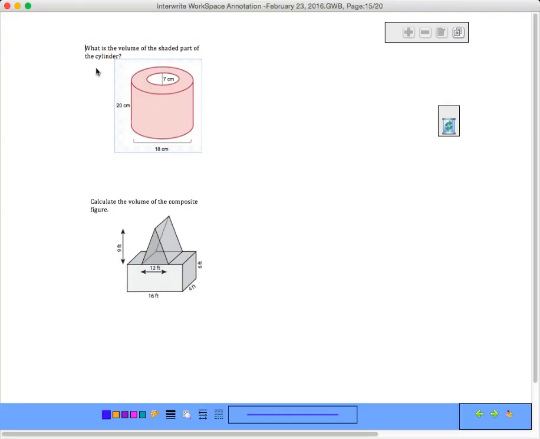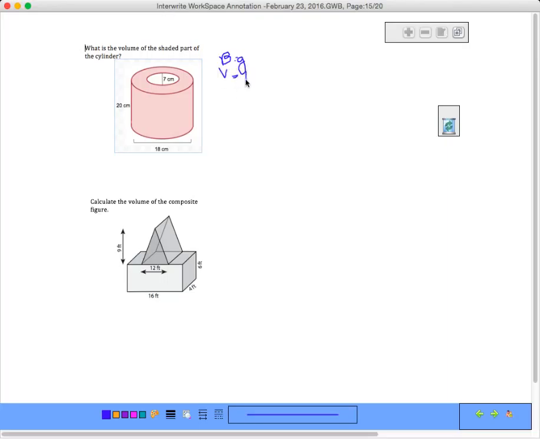Okay, so right here we have, on the back, a composite shape. So we want to know the volume of just the shaded area. So I want to take out the center cylinder. So I really have 2 cylinders here. I have a big cylinder, the whole thing, and then I have a little cylinder that I'm taking out in the middle. So for the big one,